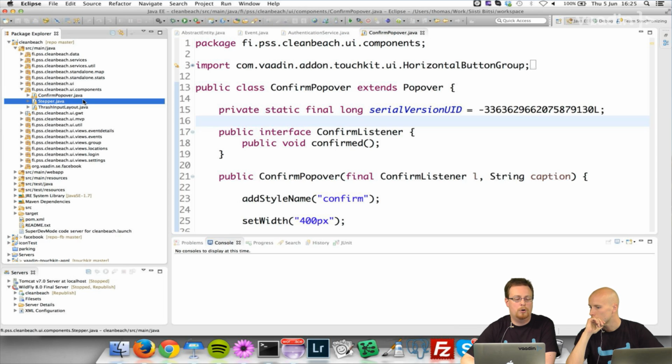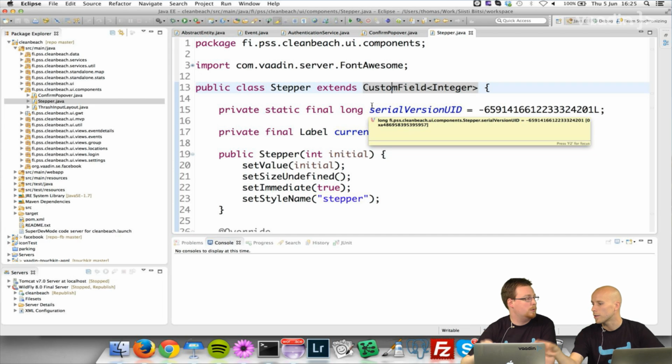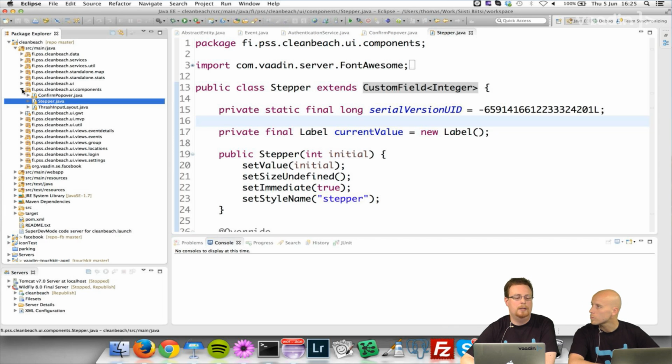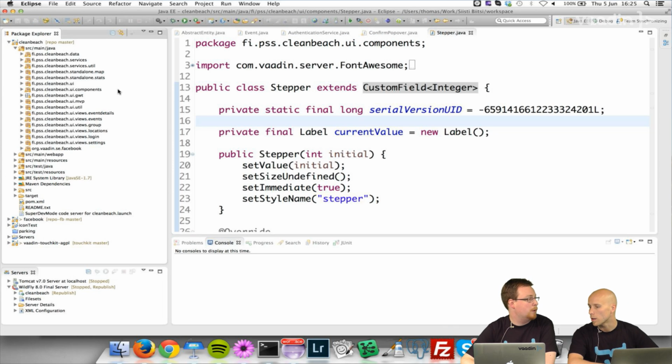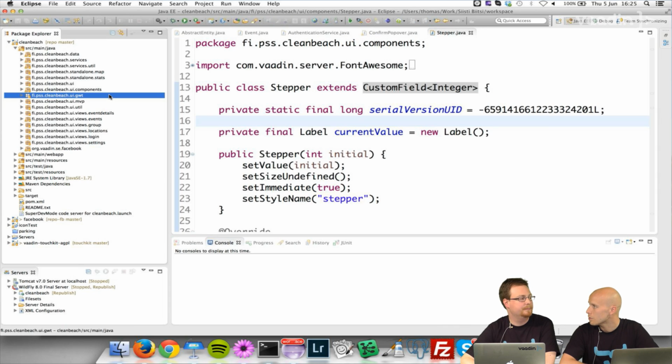There's a stepper component here, for instance. This is a custom field that deals with integers, so that you can plus one, which is done for this project only, so it's not separated into an add-on. No, and it's not something that I'm going to publish into the directory either. So it's here, just in the components package. If you want to publish your component, then it makes sense to put that component in a separate project. And I bet if you would be using this stepper component in three different projects, then you would probably create an add-on. I would really quickly create an add-on for that, then just add a dependency to all those projects, and then you can maintain the stepper component separately.